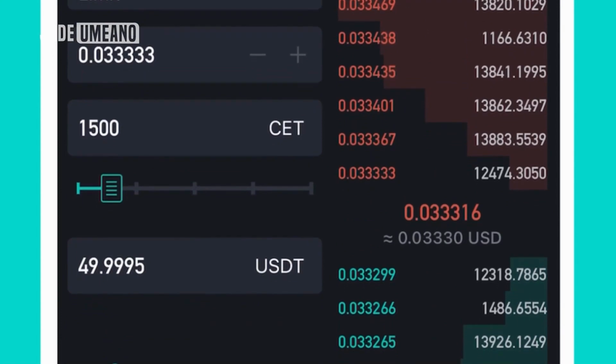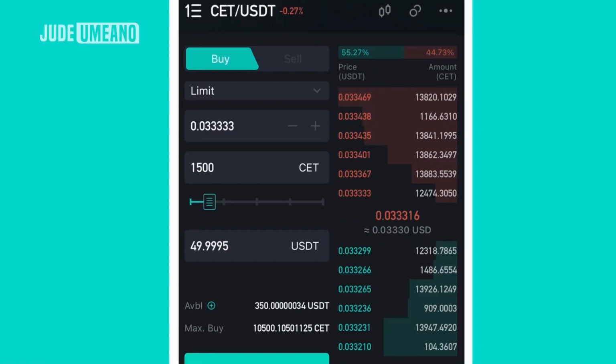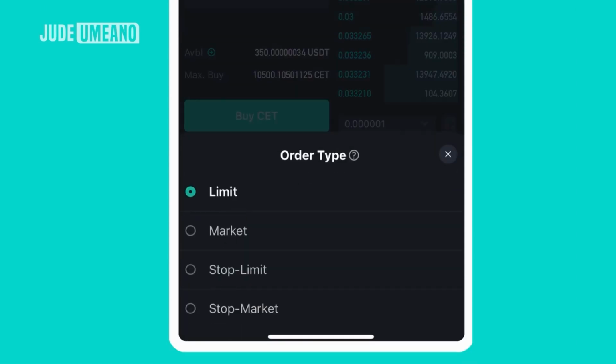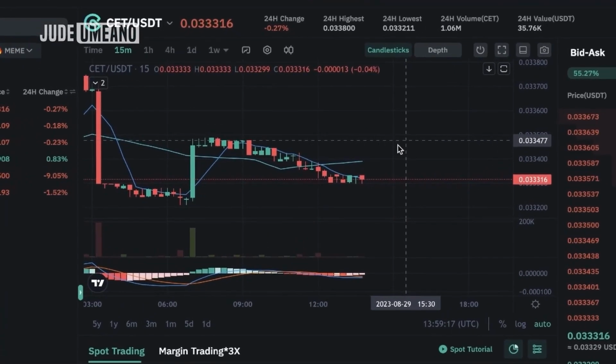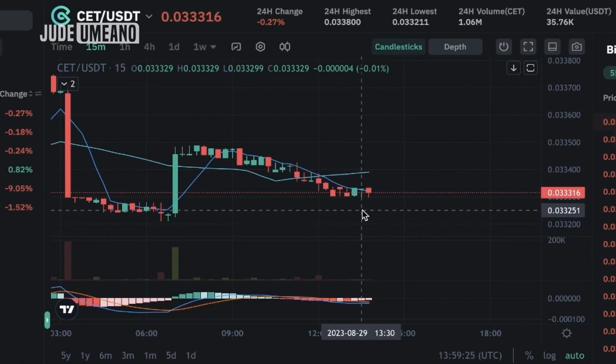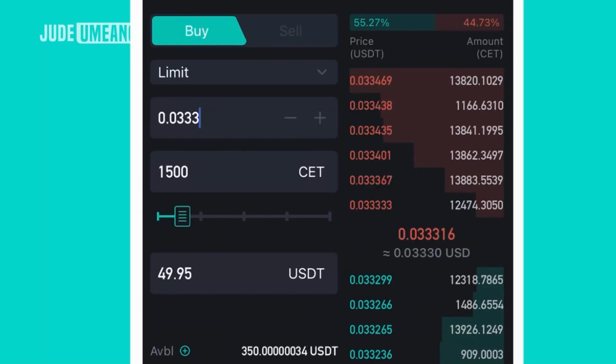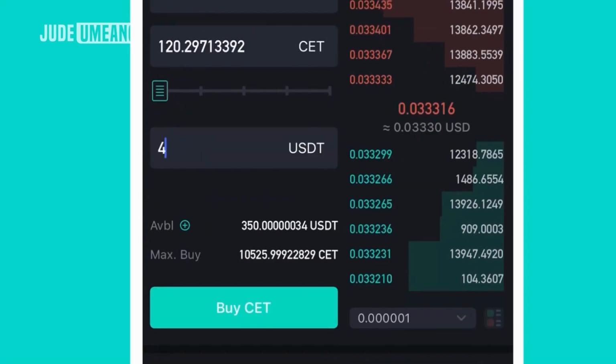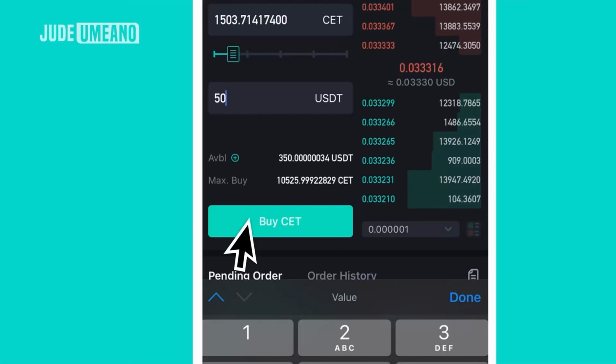And the one in the middle is the current market price. Let's go ahead and make a purchase. So I want to do what? I want to buy CET using the limit order. So let's say I want to buy at this particular point. I want to buy at 0.033251. So I come here and enter my order 0.033251, and I want to buy, say, $50 worth of this. I click on buy CET,